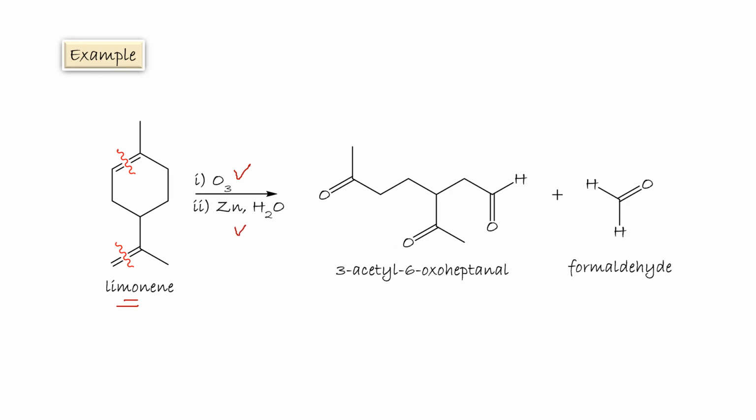Well, we break in here. This will be a carbonyl carbon. This will be aldehydic. Again, this one will be carbonyl, and this carbon will be formaldehyde. So we have formaldehyde, and we get the rest of the molecule intact,